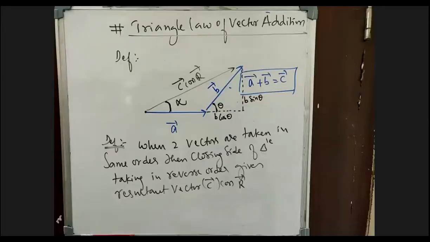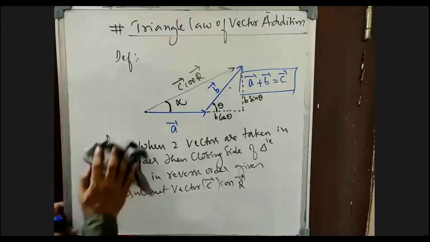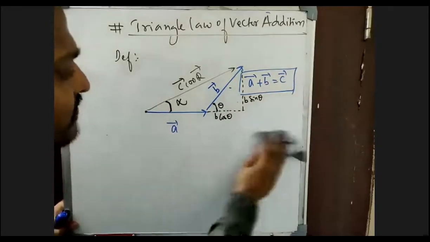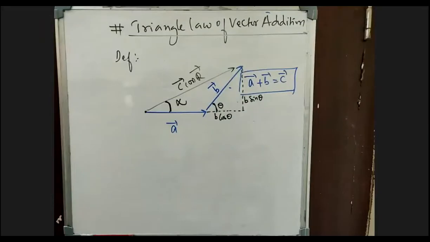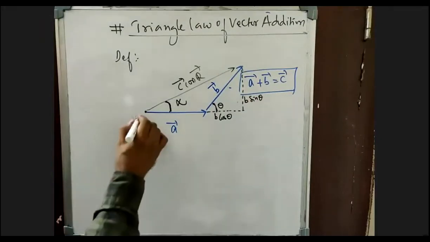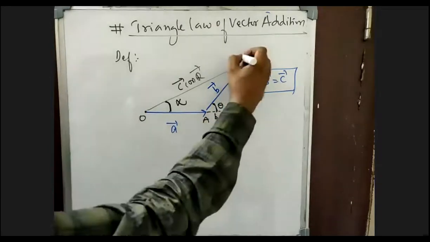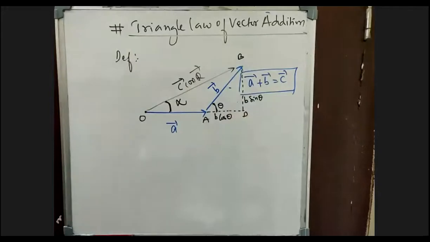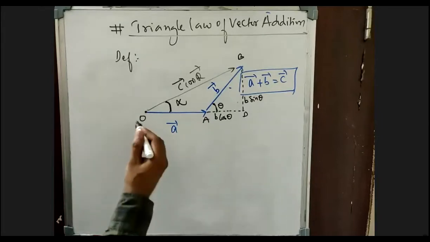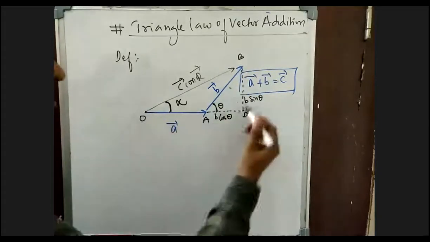That is a parallelogram. What do you call that one? Pythagoras theorem. You will get the answer for that one. So let us try to do the derivation of this one. Now in the right angle triangle, what is the right angle triangle right now? This is the vector O I am taking right now. This is the vector A. This one is vector B, and this one is nothing but your D. I have taken the points right now and apply the relation for the right angle triangle ODB.